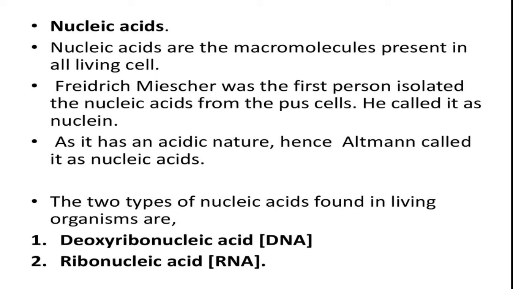We all know that there are two types of nucleic acids found in all living organisms. The first one is DNA, which means deoxyribonucleic acid, and the other is ribonucleic acid. This DNA acts as genetic material in most organisms. RNA also acts as genetic material in some viruses and mostly functions as messenger RNA. It has several other additional roles to play as well. We'll see those things in later classes. RNA also functions as an adapter, and in some cases it acts as a catalytic molecule. The most interesting molecule in the living system is DNA.